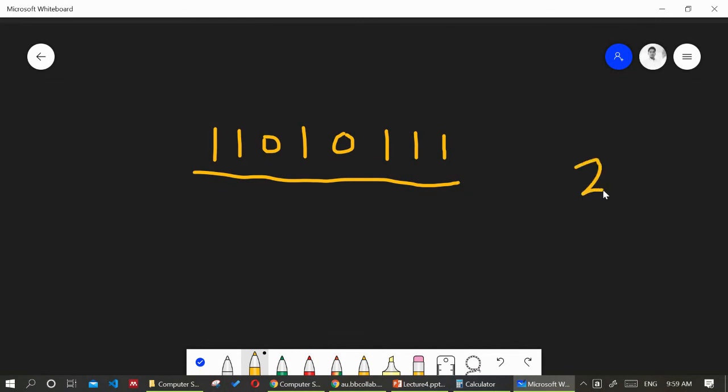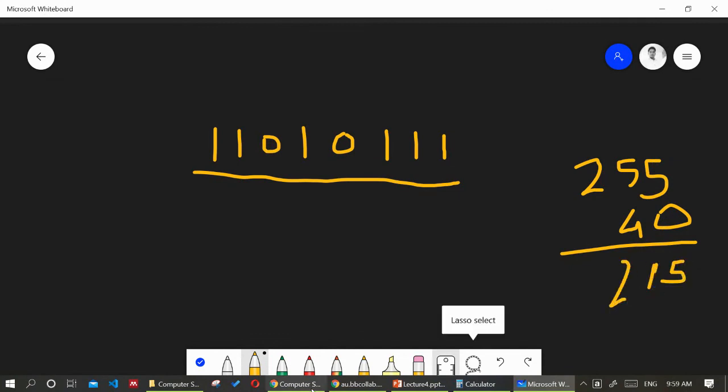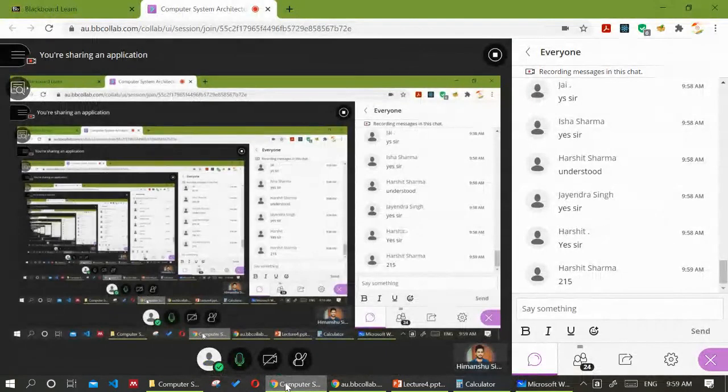So it will be 255 minus 32 plus 8, 250. Okay. So if you keep practicing this, you don't need to use pen and paper for finding the answer.